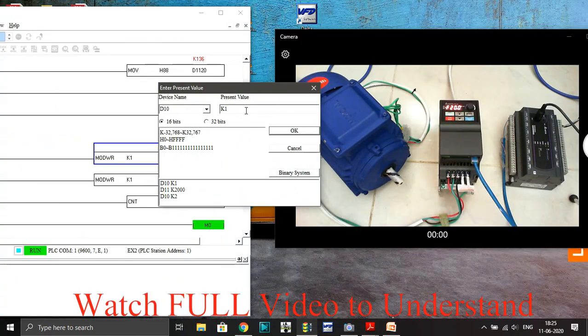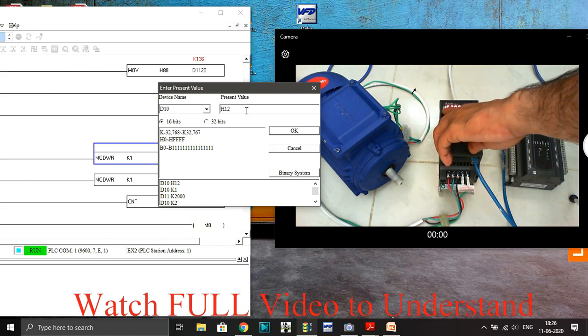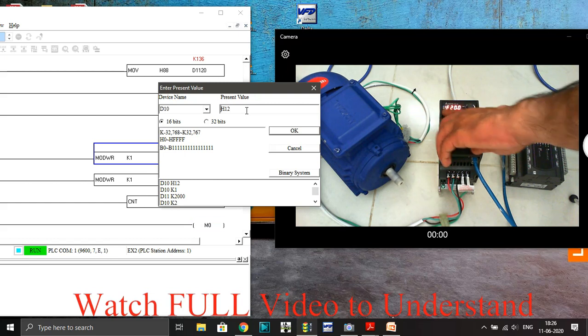Okay, so let me do the forward direction first. For the forward direction in hexadecimal it is H12. So right now it's running at 20 Hz in the forward direction. You can even see on the VFD the run LED is glowing and the forward LED is glowing.